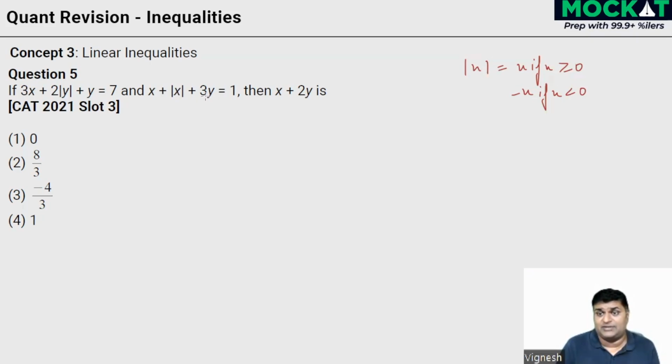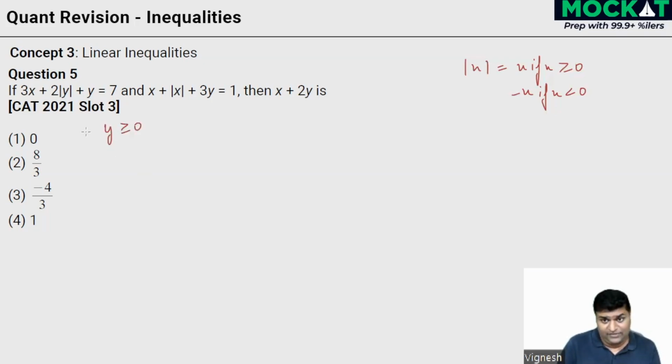Which will just get us 3y equals 1, y equals 1 by 3. And then we can conclude as to whether x is going to be positive or negative, right? That's another way of doing it. So whichever approach you can take, right? So let's start with the first one, which is, let's say y is going to be greater than equal to